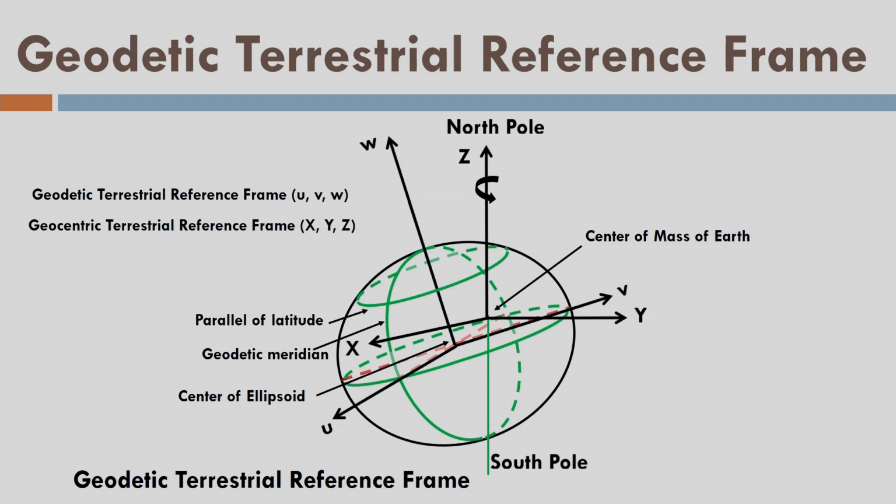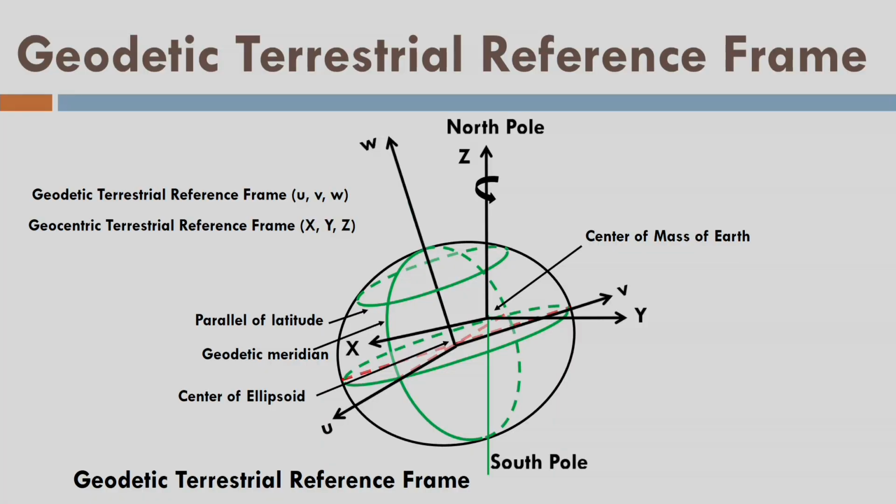Now let us come to the geodetic one, where the UVW axes are showing the 3 mutually orthogonal axes of the geodetic terrestrial reference frame, where the W axis is not exactly matching with the rotation axis of the earth, but still it is very close by, and the difference between the two is so minimum that we have very minor rotations between the two. But what about the geocenter and the non-geocentric location of the ellipsoid?